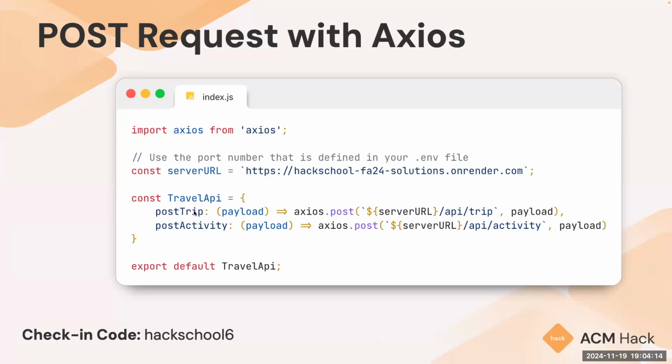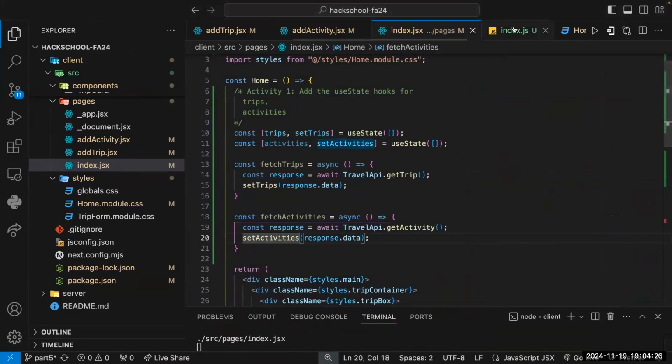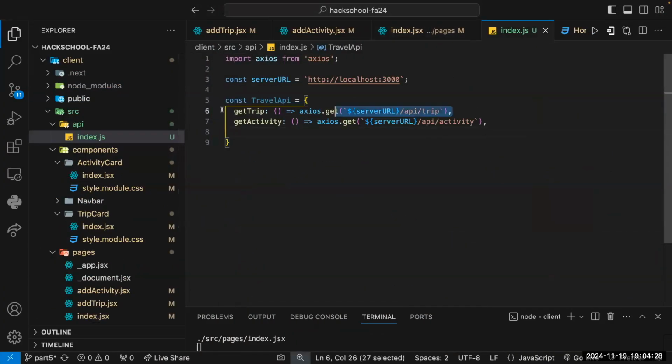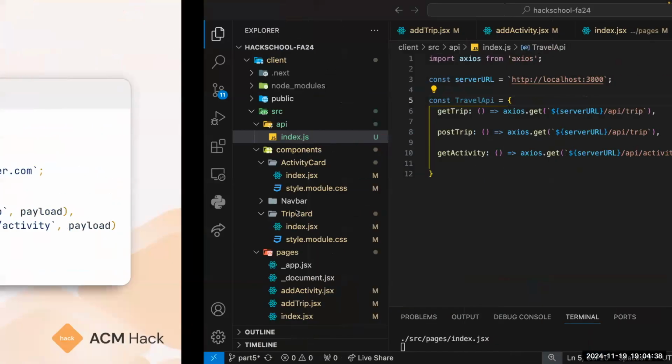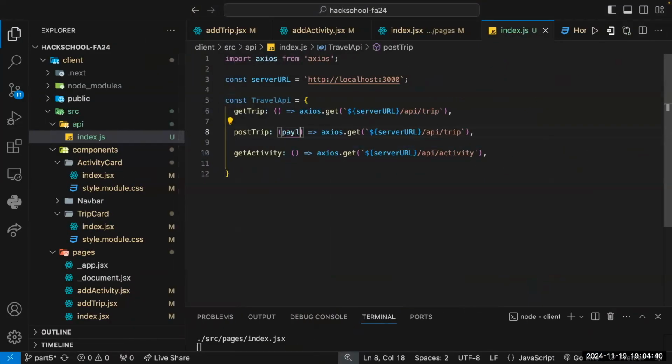So that's why, as you can see right here, we're going to take a payload and we need to send that, right? So this is how it's going to look like. You have one for post trip and post activity, and you're going to send information with it. So let's start by adding it into index. So we're going to write post trip, payload,